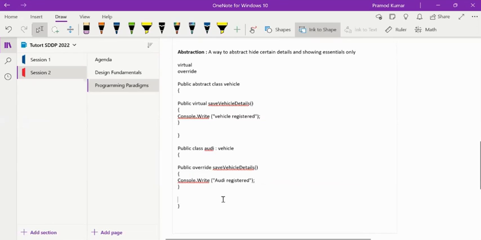But if I have not implemented this method at all here, and I have just inherited this class, and I called this Audi class dot save vehicle, it would print this one because this is a standard implementation that is provided. So abstract classes are a special type of classes which provide partial features, and they can have some methods